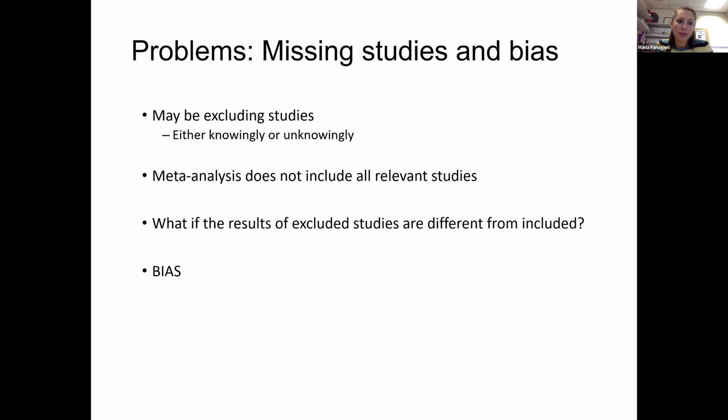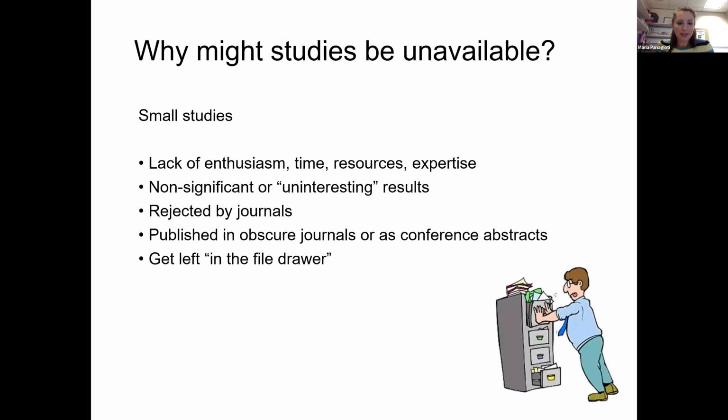One reason is that they might be unpublished. Next slide. There might be small studies that have not been published. Importantly, they might have shown negative or non-significant effects. There is this concept of publication bias, which means that if you show that a treatment is effective, it's more likely that you're going to publish the paper. And the same if you show any significant effects, it's more likely that journals are interested in publishing it. If you're showing no effect or no significant association,